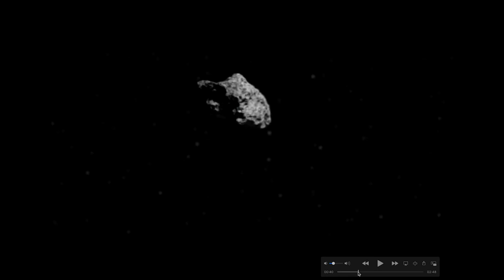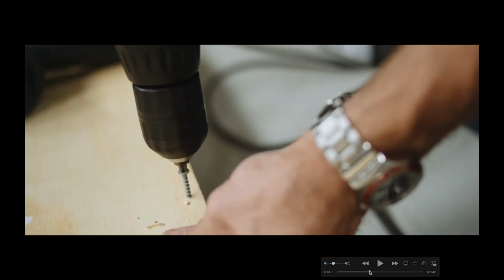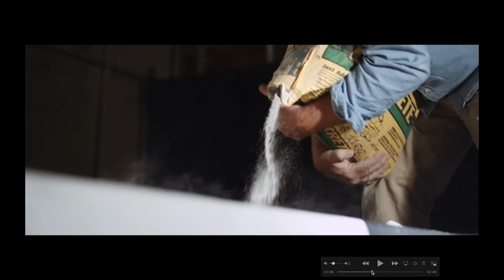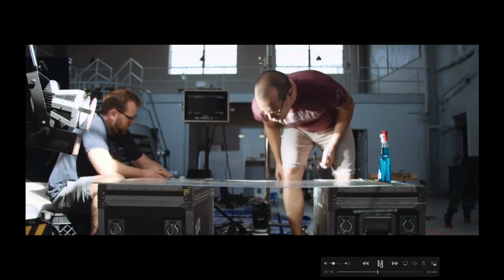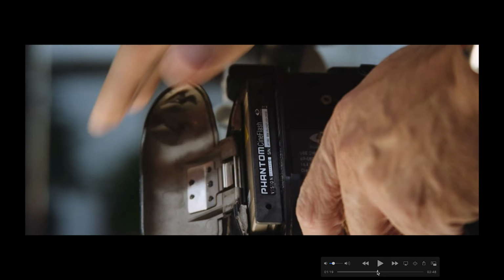So I had never shot with a Phantom camera. It was a Phantom Miro, and we decided, let's do this. And like everything, if you're not an expert at shooting those things, I reached out to everybody in Chicago, and you had to hire an operator at quite a bit per day, and also rent the camera, and these cameras are ridiculously expensive. So I kept hunting around, and I found one in Boston that would ship it to us, and then randomly there was one in a small town in